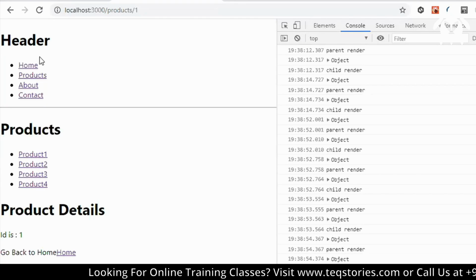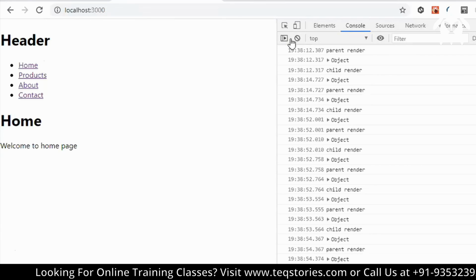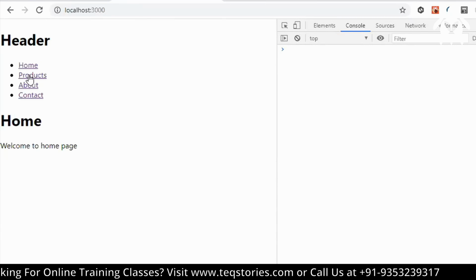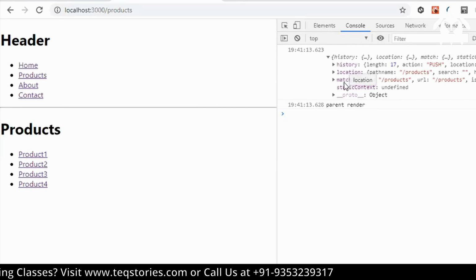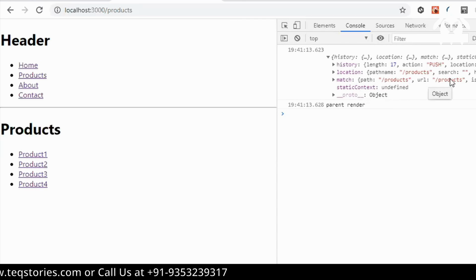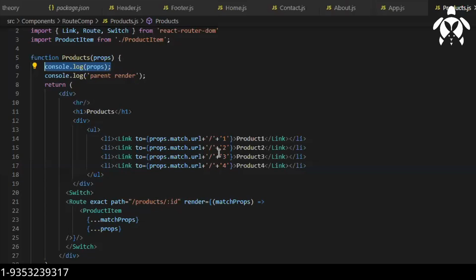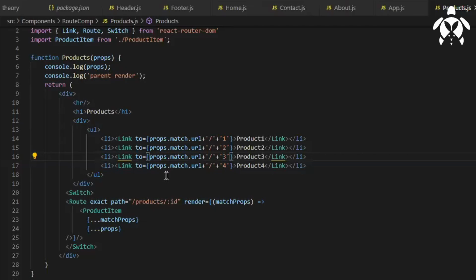Let's say right now I'm in the Home component, and when we go to Products, I'm getting this: history, location, and match. Match.url I'm using, right? /products. So that's what I'm doing over here. I'm getting that URL, so I'm appending the ID. Or you can directly write /products. So here I'm writing /products/:id.